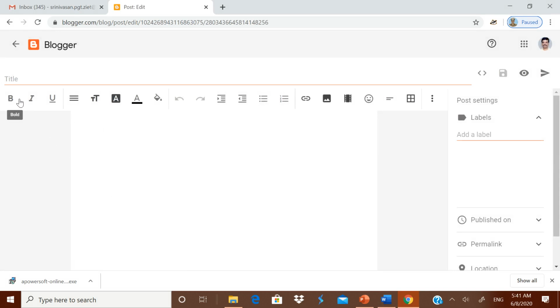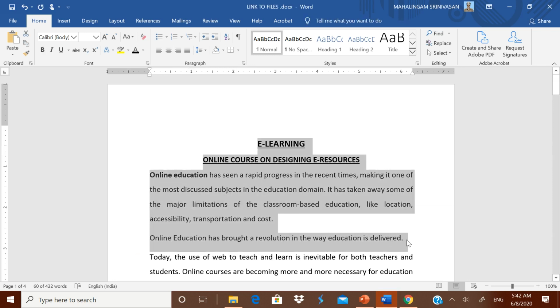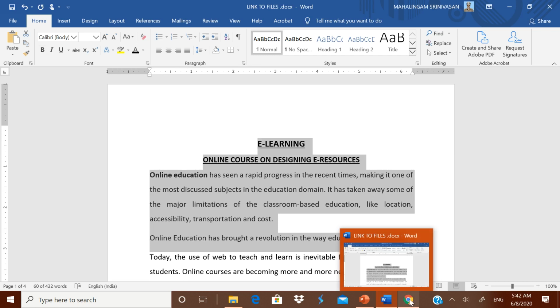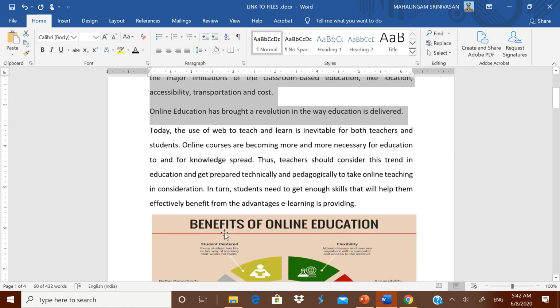For that bold is there, underline is there. Then you can have a link and you can insert an image and you can insert a video and so on. So okay. Now I will do it very quickly. Now I will paste up to this. I will not waste much time. Let me paste it. You play around to see how it can be done. I have done it. Okay, now I want to give some introduction.